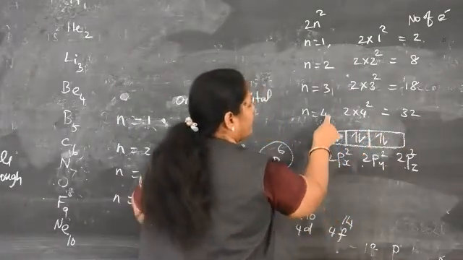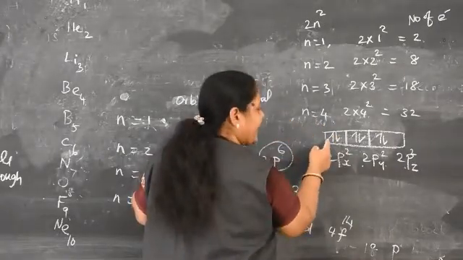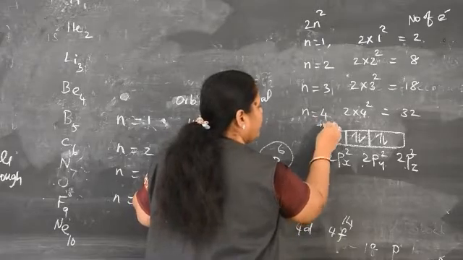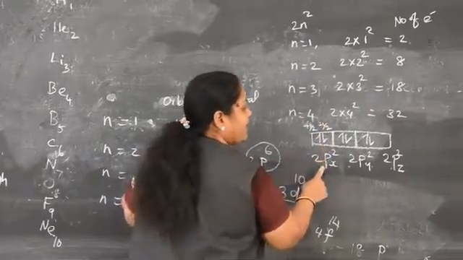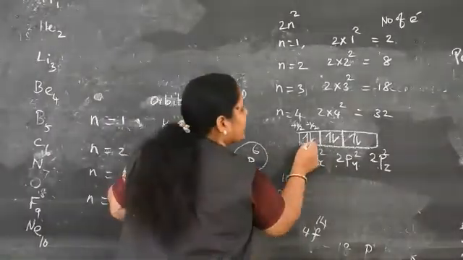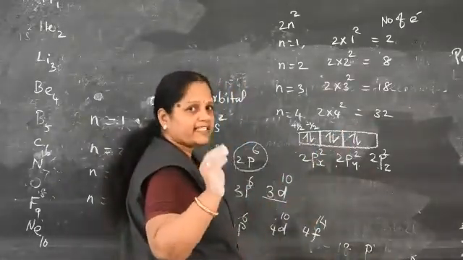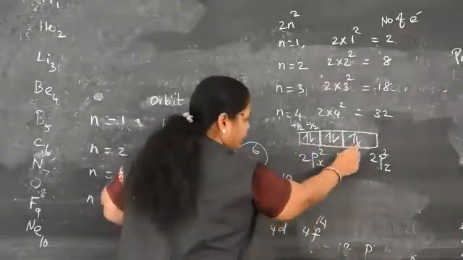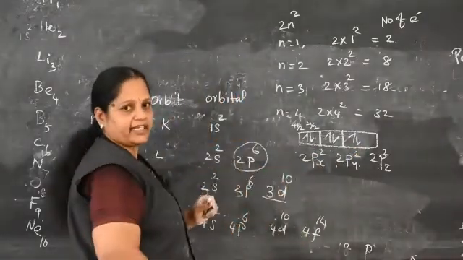One electron moves in the upward direction, another one moves in the downward direction. One carries the charge plus half, the other carries minus half. So the maximum number of electrons in the p orbital is 6. So this is called completely filled, because the maximum in the p orbital is 6. All are completely filled, which is called a completely filled electronic configuration.